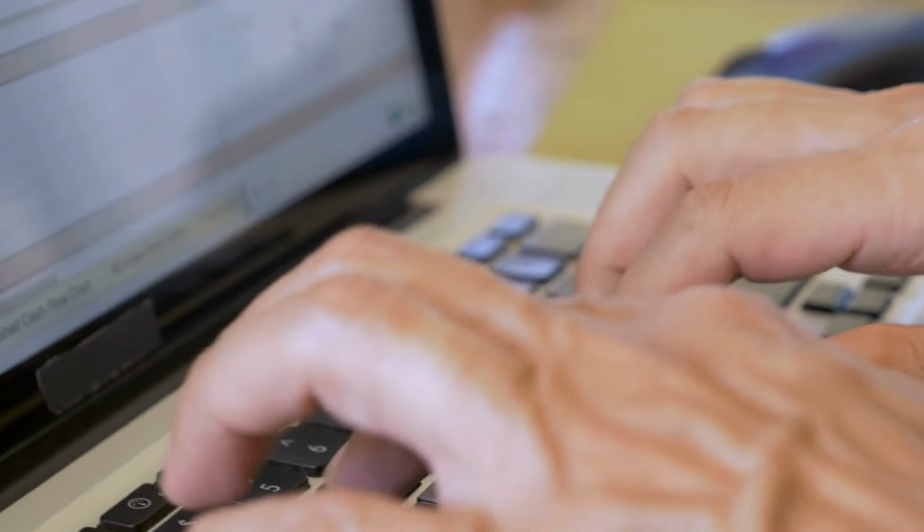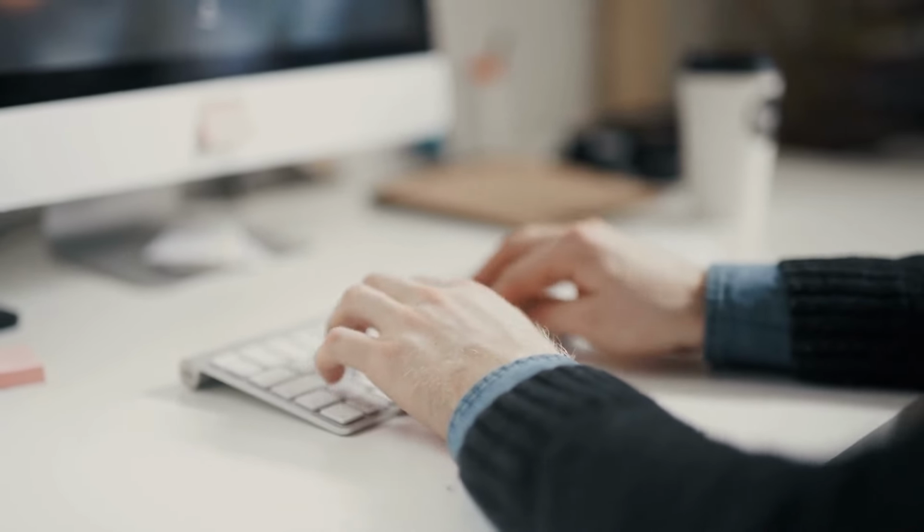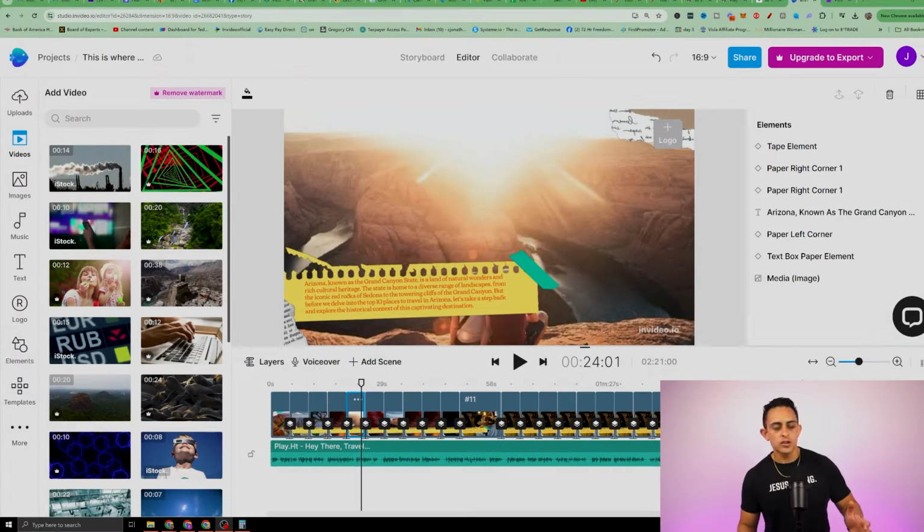you. So for example, let's just say in your script, you say Grand Canyon. Well, this AI software is going to create a video or a picture referring to the Grand Canyon. So that way, when people are watching your video, it makes total sense. So it's super cool using AI to do this. And there's several softwares that you can do this with. The first one is